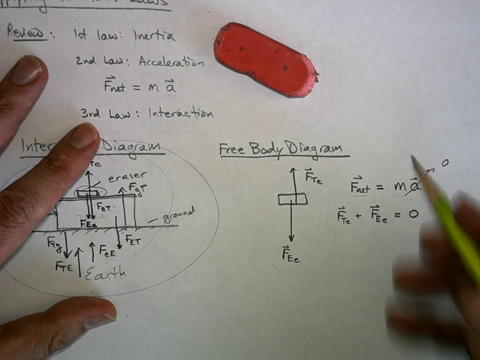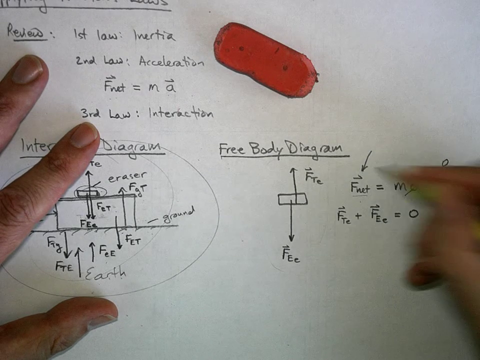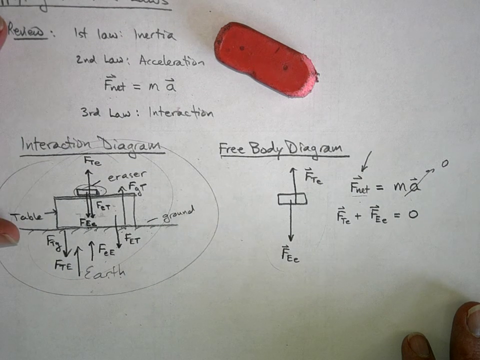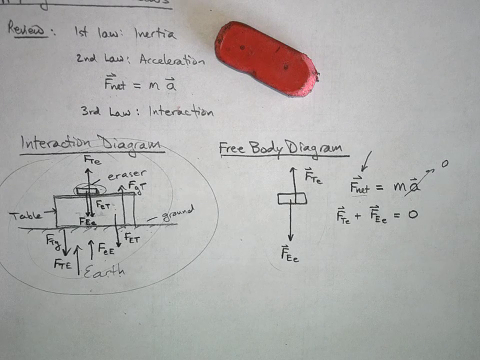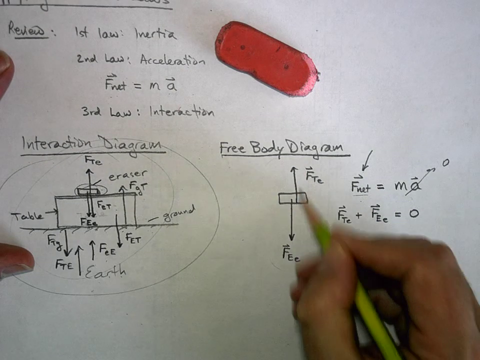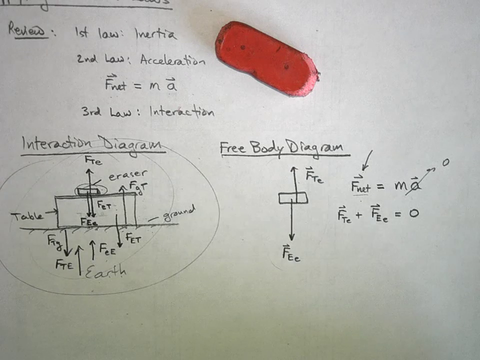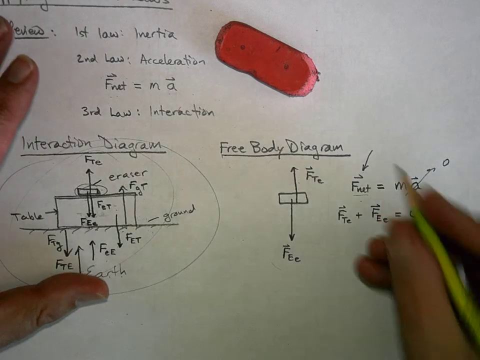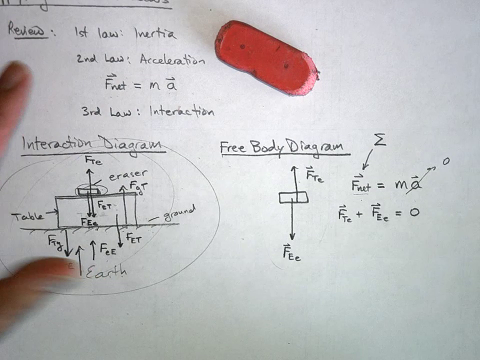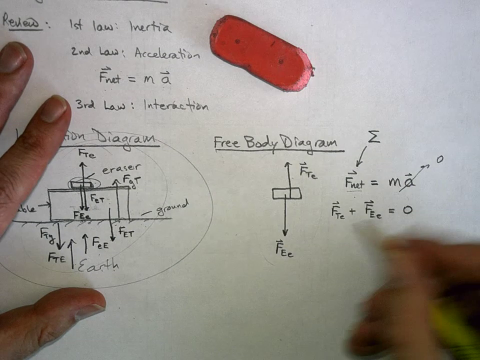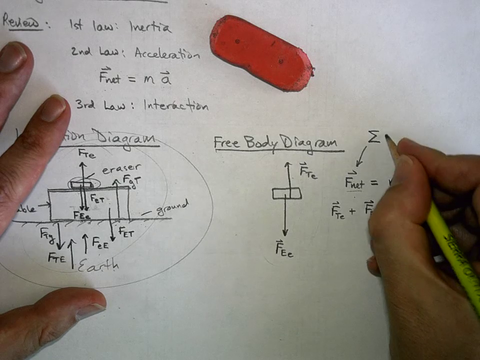Oh, you know what? I meant to do this. Another way of saying the net force, pay attention right now. You're going to see this a lot for the rest of the year. Those of you who took regular physics last year, this is old hat. But for you newbies to physics, really pay attention. I'm adding up all the forces acting on our object to get the net force. Now there's a symbol that means add it all up. What is that? Yeah, it's a sigma. I asked you because I forgot for a second. This is a capital sigma. Sigma F